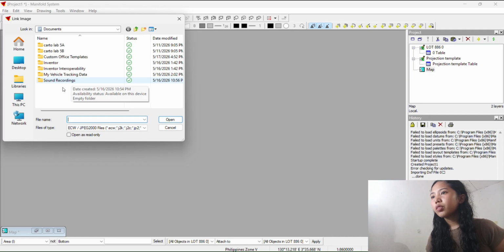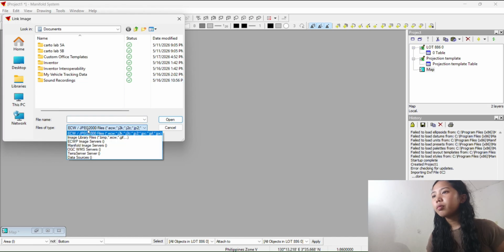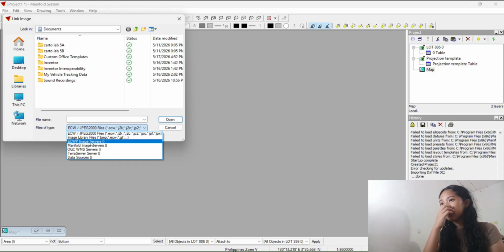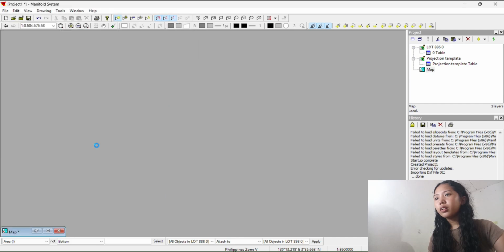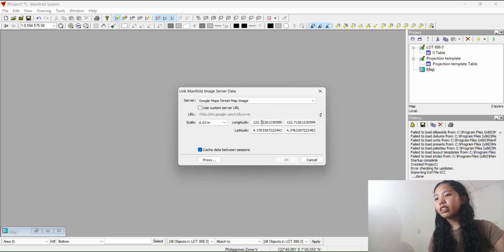For assigning projection, open national grid, go to Philippine grid, then select zone 1, then under the Geodetic 1948, change it to Luzon, Philippines, Mindanao.